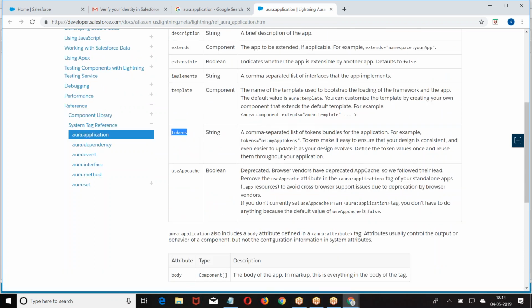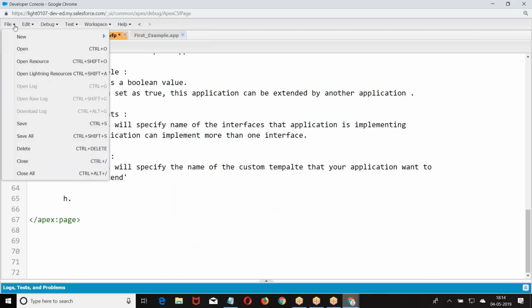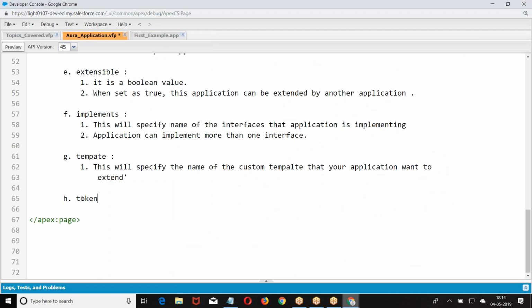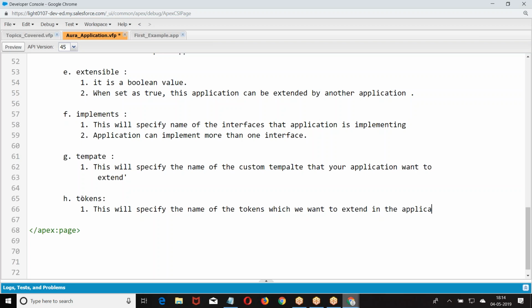Again, it's a separate concept. You just saw here Lightning tokens. This is what we are going to create. This will specify the name of the tokens you want to apply. An application can extend more than one token. Right. Last one,